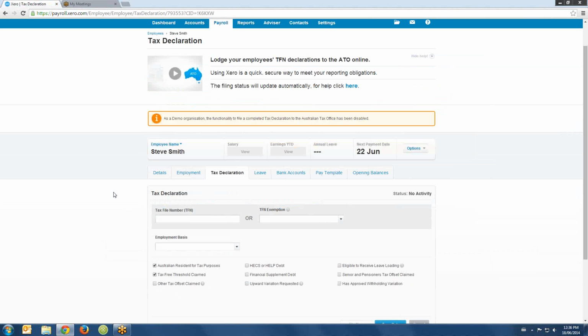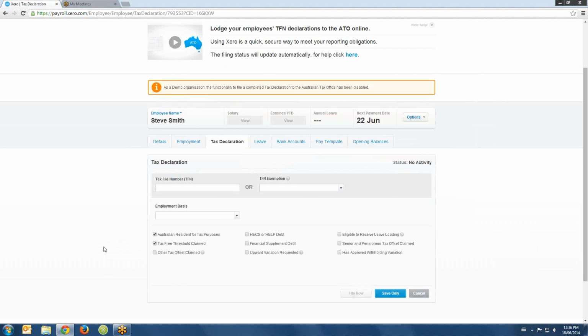And from here the tax declaration. So this is really important when we fill this out. It ensures that the tax is all calculated correctly, especially if they're not claiming the tax-free threshold, or they've got a HECS or HELP debt, and all these other different items. So from here we just put in a mock TFN, and this is generally you copy the form that the employer has filled out. So when the employee starts, you obviously give them a tax file declaration, they fill out the form,